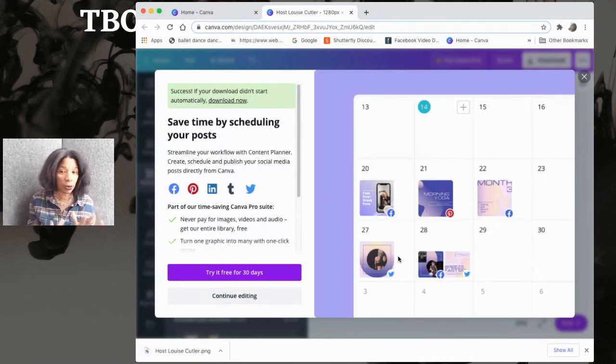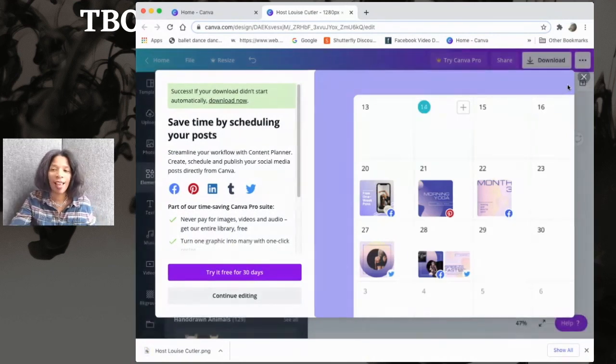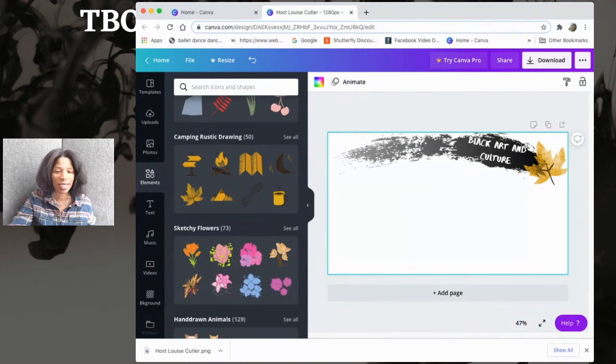I'm actually going to use it because I love it. I love what I just did. I'm going to keep this one. I didn't keep the other ones, but I'm going to keep this one. And then what I'm going to do is I'm just going to go and pull it up in my files. And then I'm going to show you guys how I went about creating that one. I'm just going to grab it out of my downloads. And just like I said,